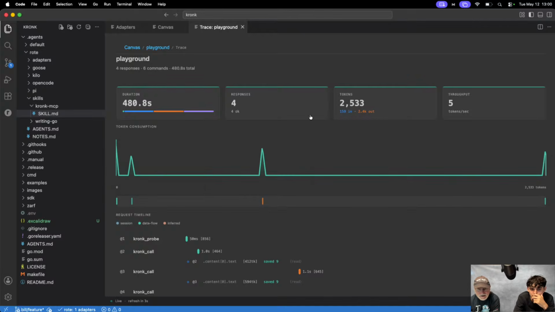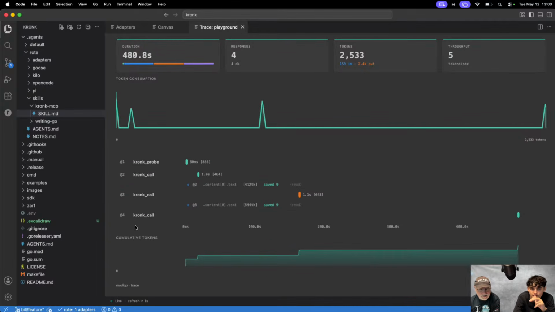It's weird, I don't know how to read this. One's a probe, and then the other three are calls. So 5, 6. This is the fourth call. This is 1, and then we're on the fourth. Oh, each one of these is separate. Okay, now I'm starting to see. So that was 1.